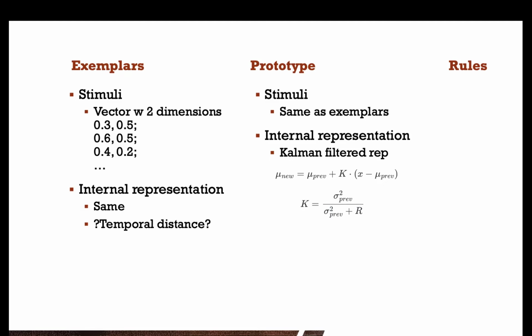If this is the uncertainty in the prototype, this is the uncertainty in the measurement. So it's really nothing else than saying there is a total amount of variance,